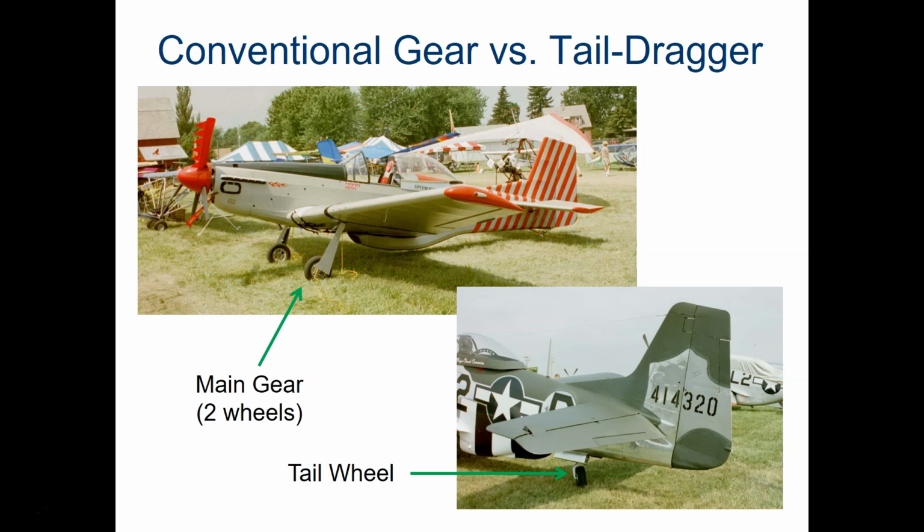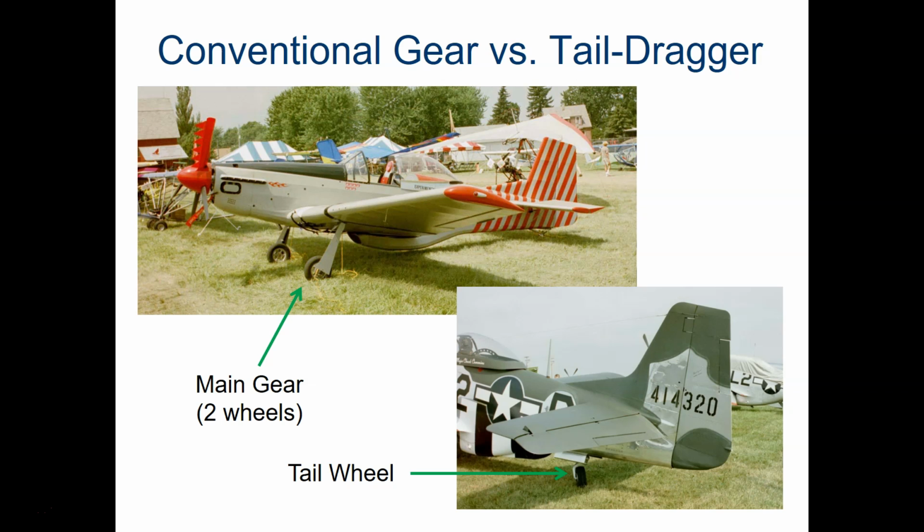In the image on the bottom, we have a tail wheel, and this wheel pivots and spins. It's not really controlled, it just allows the bottom of the airplane to not touch the ground. Notice that it, compared to the image on the top, is an actual wheel. The image on the top is where we get the term tail dragger from. We are literally dragging the tail on a skid on the back. The main gear consists of the 2 wheels that, in this case on the image on the top, retract into the wing of the aircraft. Image on the right, the bottom, will have some other main gear as well, but a good example of the